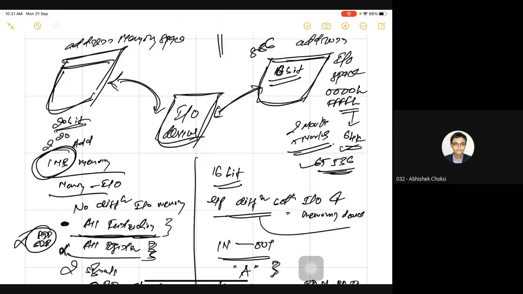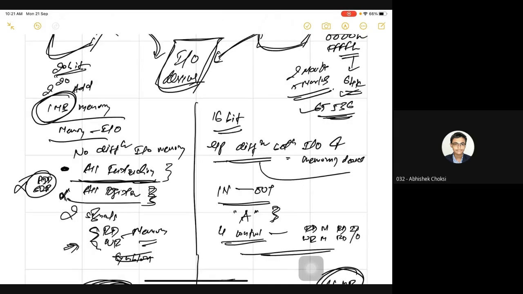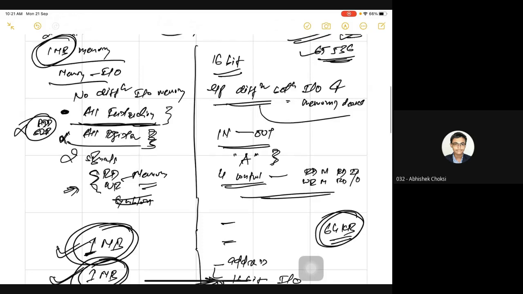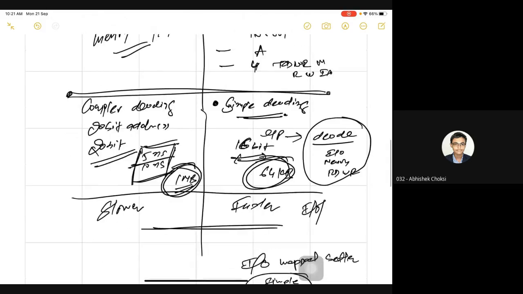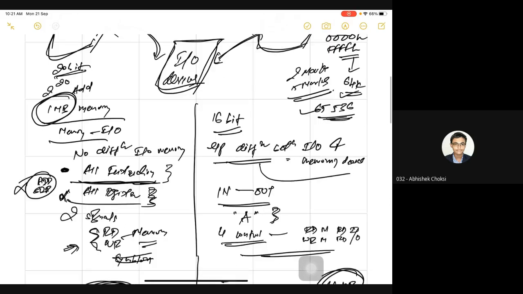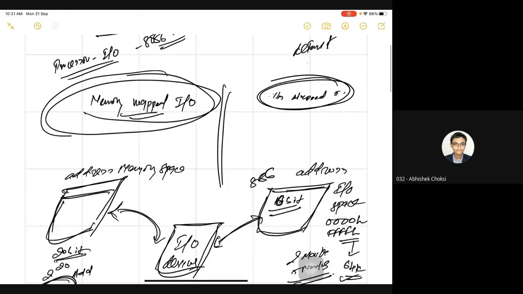Normally, that is not possible because we need memory. So we can use at least more memory, more addresses than 16-bit. We can use all the instructions, all the registers, and only 2 signals. But these are on-paper advantages. Practically, there is hardly any advantage. Why? Because the input output system is simple in decoding since it is only 16-bit, and it is faster. Here, decoding of 20 bits will be difficult, and we need to find from 1 MB of memory which device we want to access, so it will be slower also. So practically, IO mapped IO is the default technique used in all microprocessors.